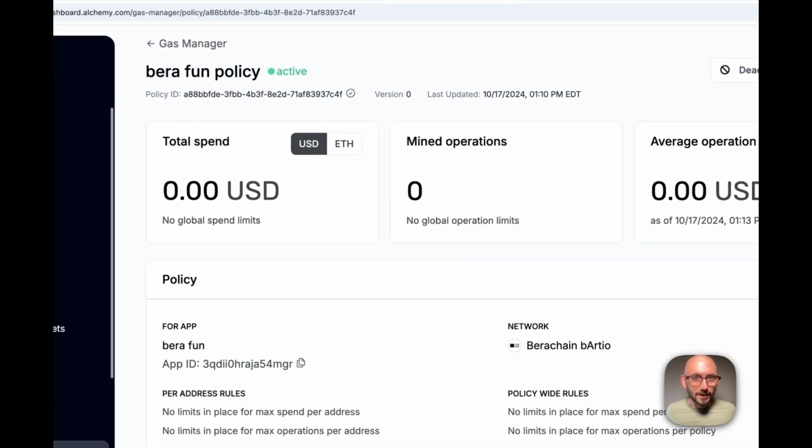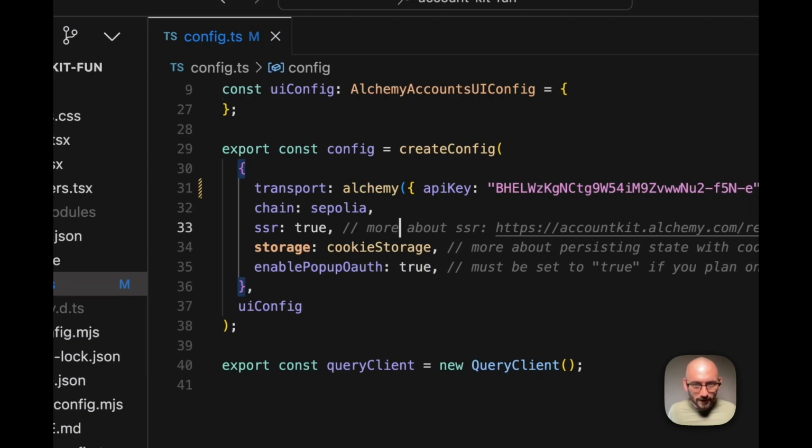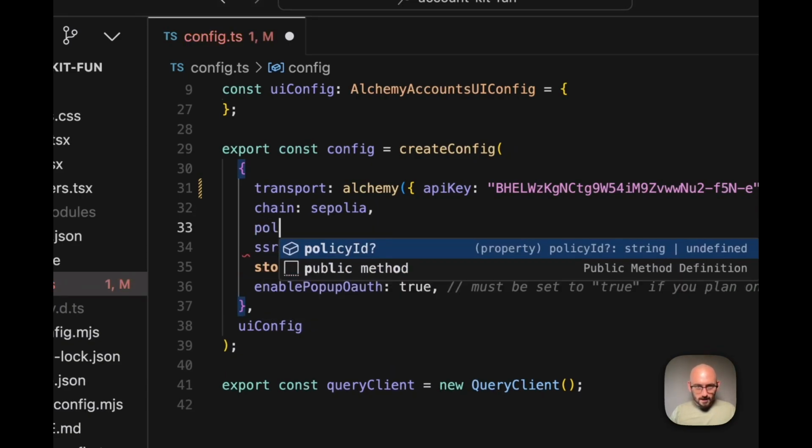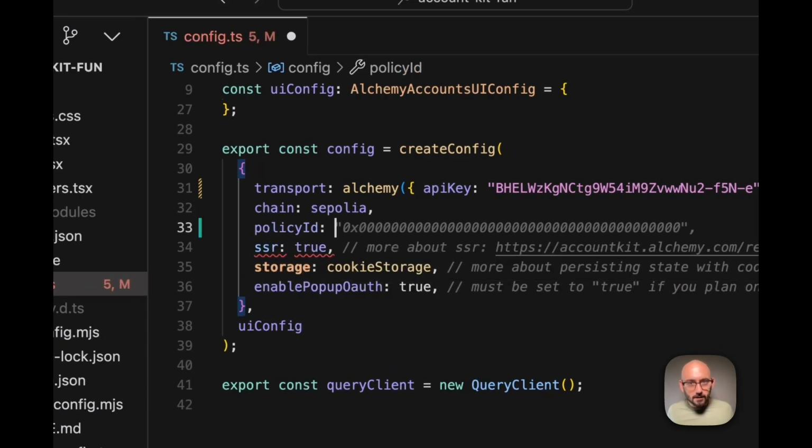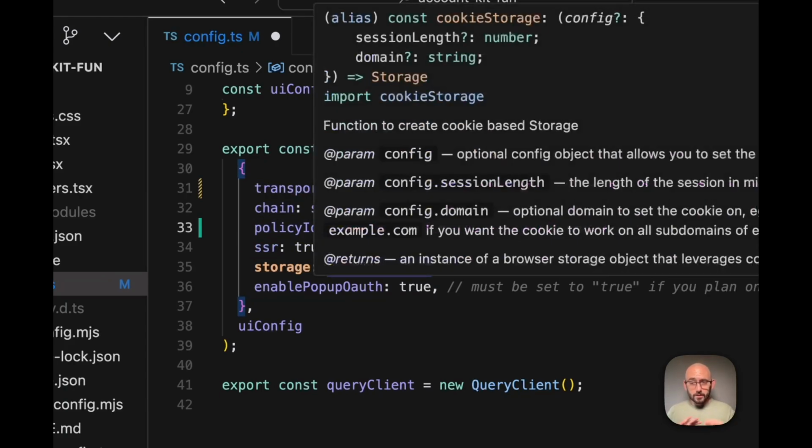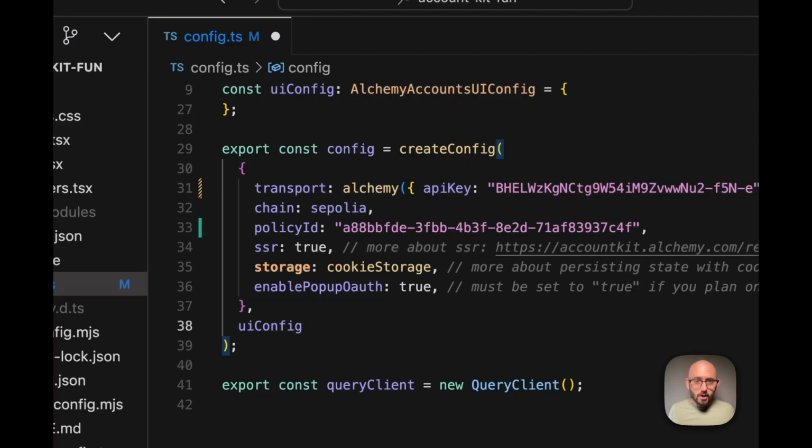I won't put Barracuda. We're going to take the gas policy and put it over here. We're going to do policy ID. So that's also going to be here on the config. You can toss that in. And what this is going to do by default, no other configuration necessary in your application,